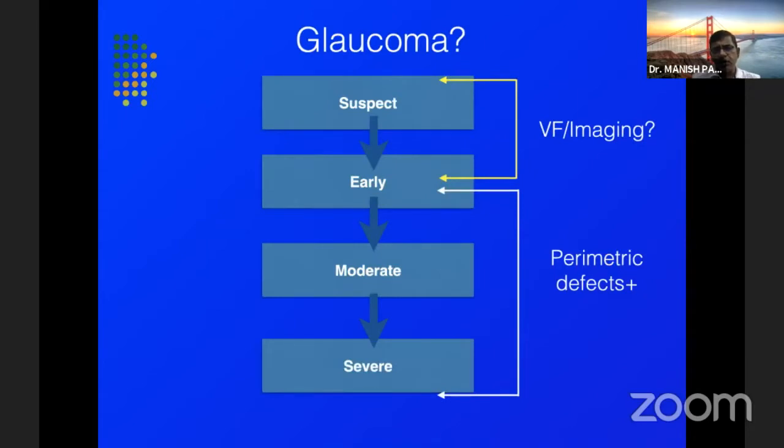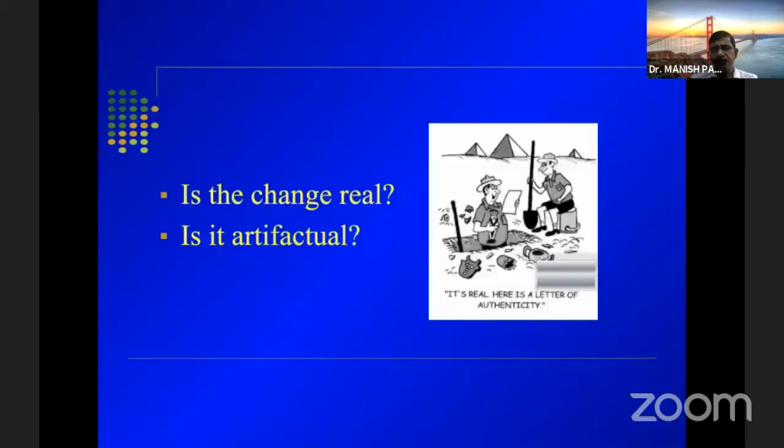So how do we go along from this sort of information? It's important to stage our glaucoma to find out what sort of glaucoma the patient has, whether it's a suspect, an early glaucoma, a moderate glaucoma, or a severe glaucoma. In the suspect to early glaucomas, we may be doing visual fields and imaging, whatever is available, whether it's an OCT or something else. But when you have perimetric defects from early, moderate to a severe stage, you should always be doing an OCT to find out risk for progression, despite whatever imaging you might be doing.